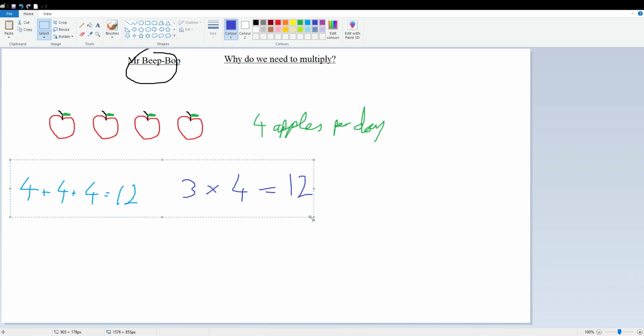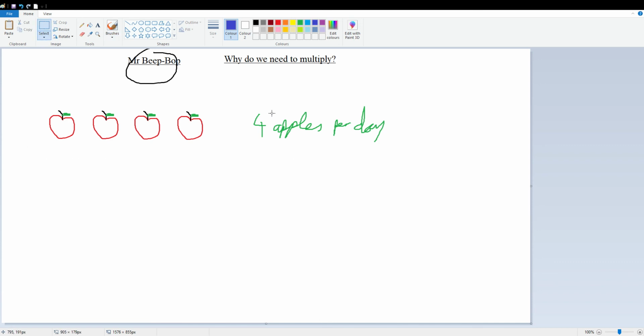example before. So we're going to just get rid of these. And I'm also going to change this number here. So now I'm going to say that we're going to get 12 apples per day. Let's just imagine that these are clearly 12. So we'll just label that as these are obviously 12. There we go. So we clearly have 12 apples here, and we're going to get 12 apples per day, and